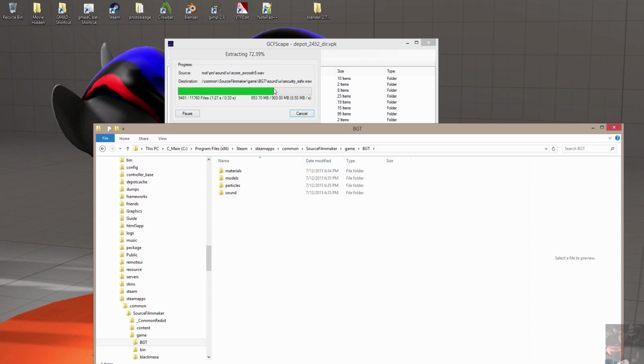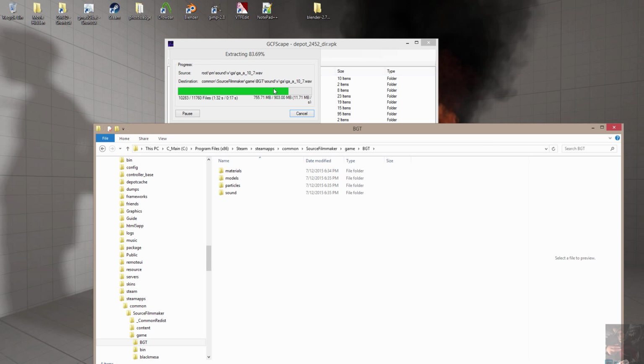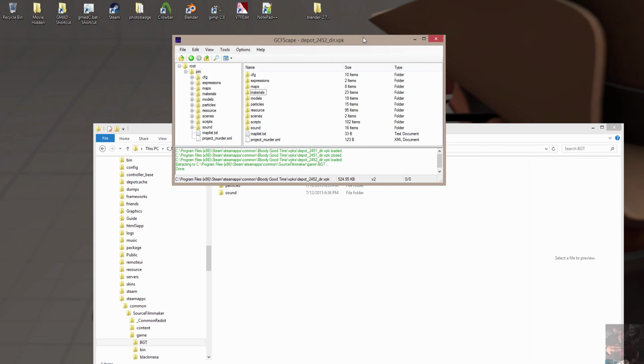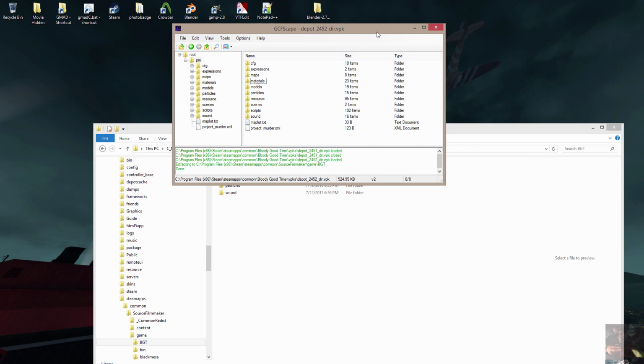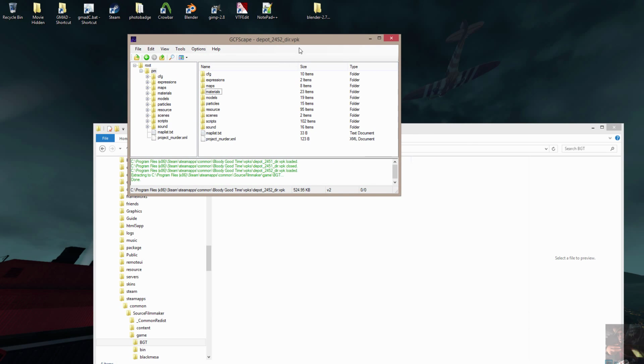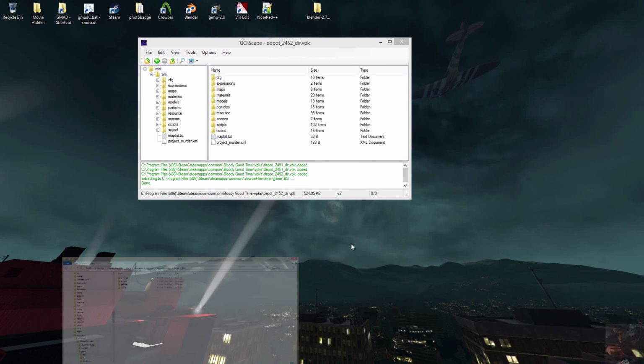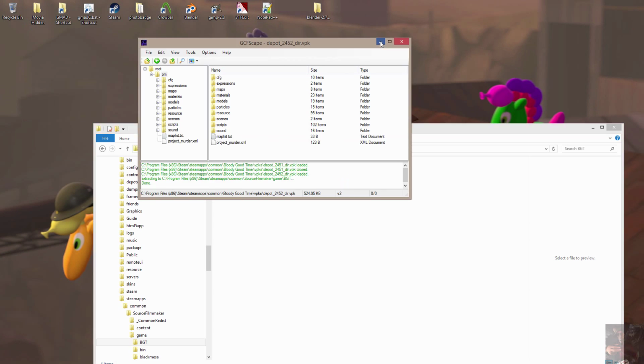Okay, just about finished here. Another 1,000 files. And as you can see, it added a materials, models, particles, and sound folder to that Bloody Good Time folder that I actually created. When it finishes, GCFScape will become available. I can move the actual screen here. If this was still extracting, I wouldn't be able to move this screen. Okay, now that that's done,